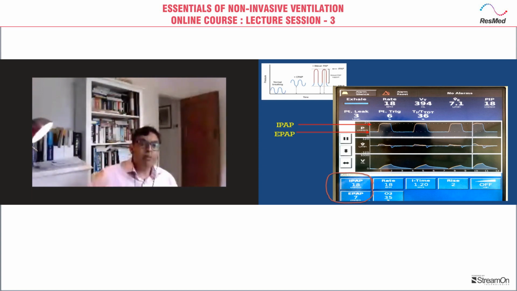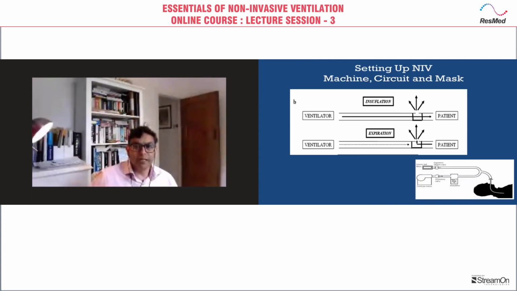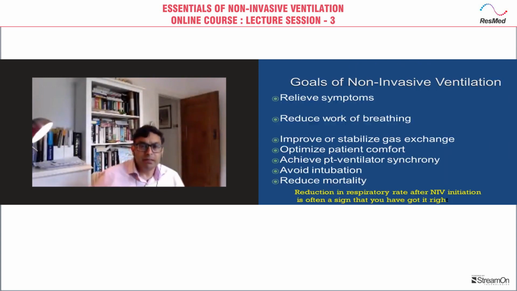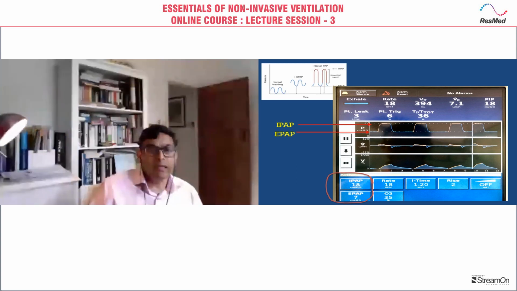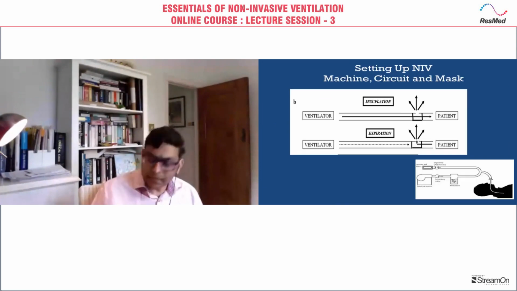And then we have the bi-level ventilation. So on the bigger screen here, I've got bi-level ventilation. You can see in bi-level ventilation, we have two components, IPAP or inspiratory positive airway pressure, which is set at 20 in this instance, or rather 18, and EPAP, which is set at 7 in this case. And we can see at the bottom here, the settings. So you've got two types of pressures, the inspiratory pressure and the expiratory pressure.